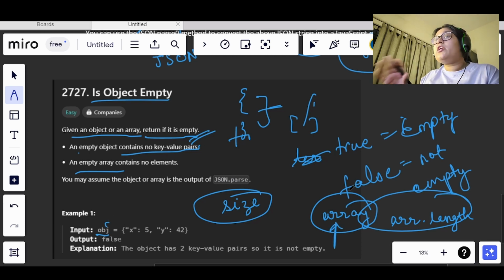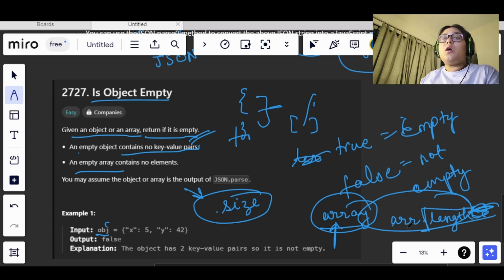Now, if we are using .size here and we come across an array, it will not work, because the property that gives the length of an array is .length. So in order to process this in a way that both conditions are satisfied, we need to have a common ground.